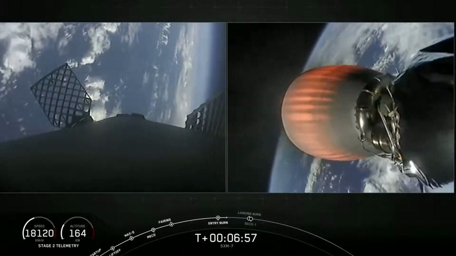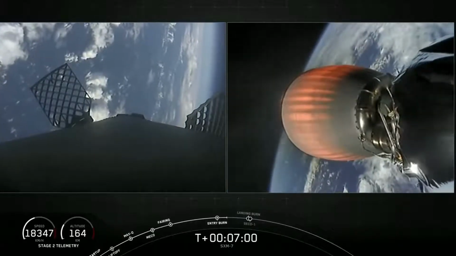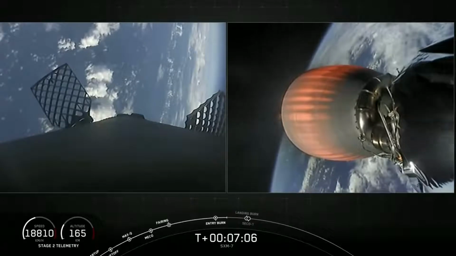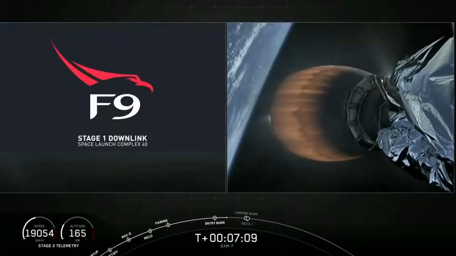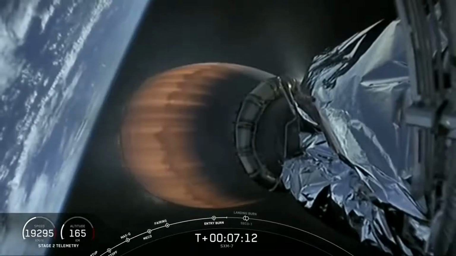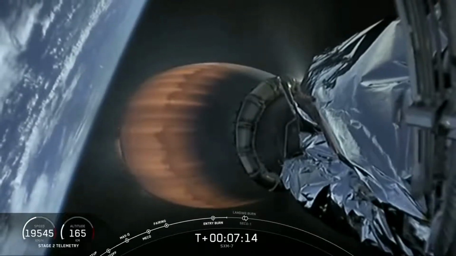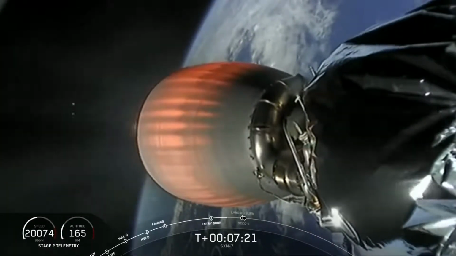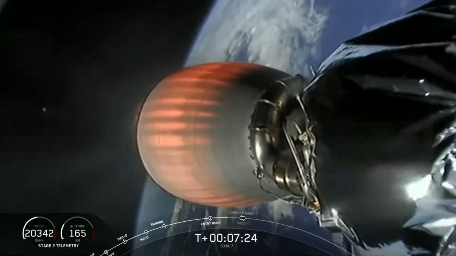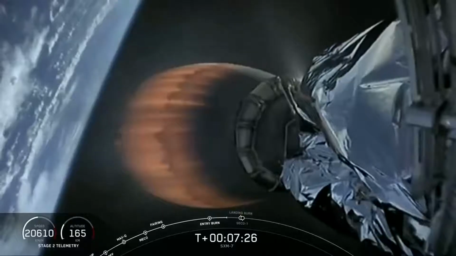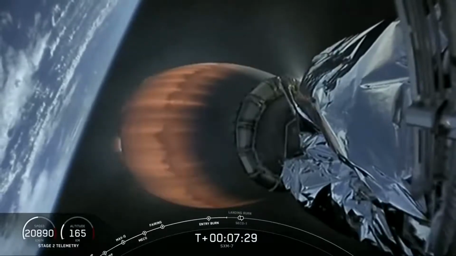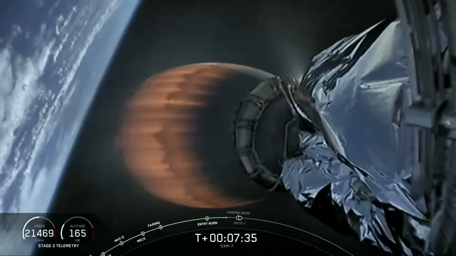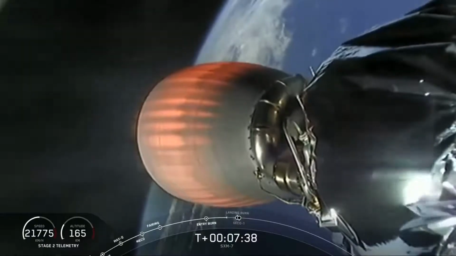Trajectory continues to look nominal there for second stage on the right-hand side of your screen. I love that view of the MVAC nozzle glowing orange with Earth behind it. Next up, we have a couple of major milestones happening back-to-back. The start of the landing burn followed immediately by SECO 1, or second engine cutoff 1, on the second stage. SECO is where we shut down that MVAC engine to allow the second stage to coast for a little bit. This event preserves the fuel until we need it for the final burn to take us to our targeted orbit for the SXM-7 satellite. And then about 25 seconds after SECO 1, we'll hopefully have a live view of the